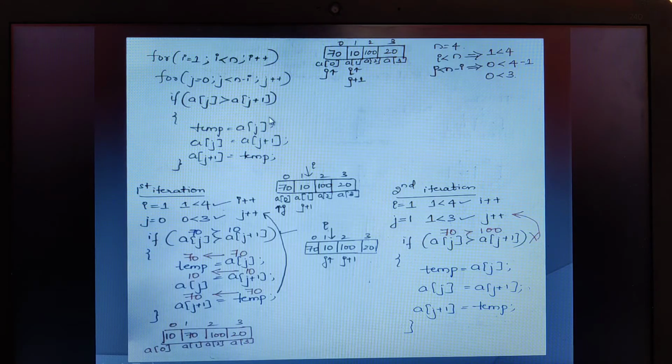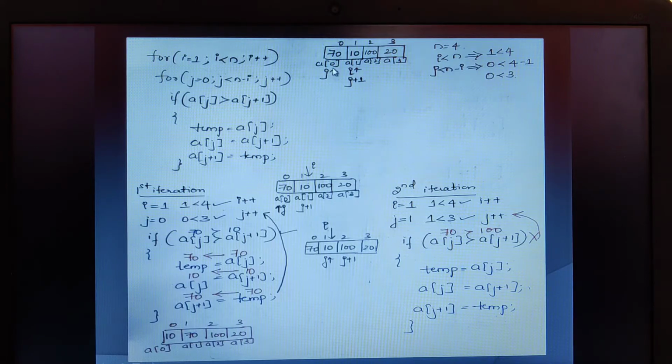Previously we had only two values, therefore I was referring to subscript directly, that is A of 0 and A of 1. But here we are referring to it based upon the location, the looping structure J I have used. Based upon that, we need to write the statement. Now for this, it is A of 0, this is A of 1.